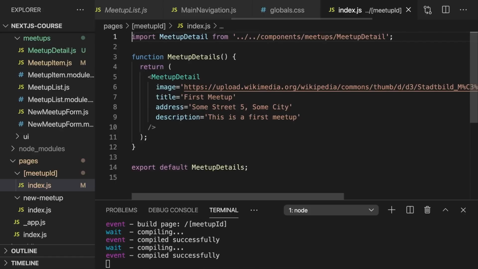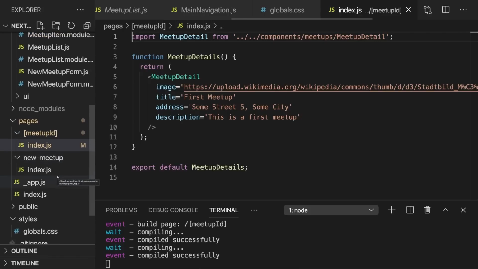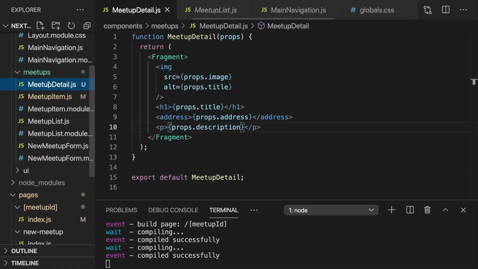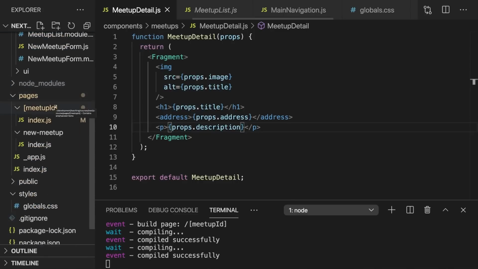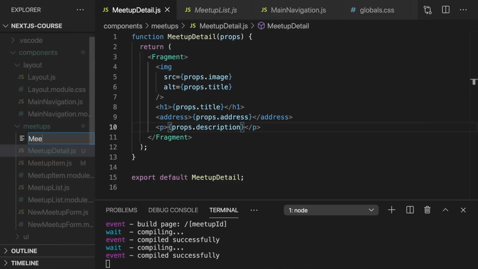Now, why am I doing that? Again, just to keep the JSX code lean here, and now also for styling reasons. We could have also imported a CSS file in the page component. This would work. It is a regular component after all. But I like to keep my pages folder lean and only have the page.js files in there. Now, for the other components, on the other hand, it is quite common that we pair a JavaScript file with a CSS file. And again, we could have done that in the pages folder as well, but I want to keep that folder leaner. Here for the components folder, it is more common to include these CSS files, and hence here I'll now also add a meetup